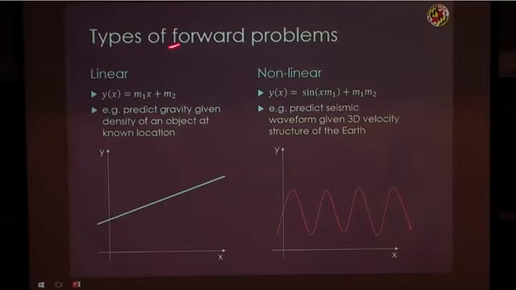So I'm going to get back to this topic of types of forward problems, but here I just want to illustrate a very simple pair of forward problems. On the left, we have a linear problem, a simple linear relationship between quantities x and quantities y. And this linear model here has only two parameters. It has a y-intercept, which is here called